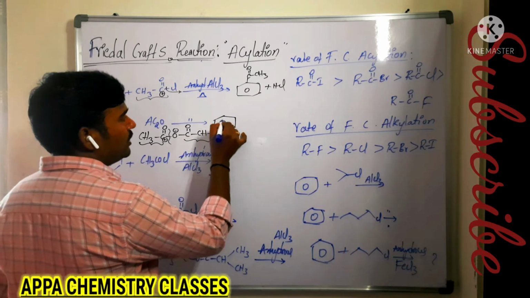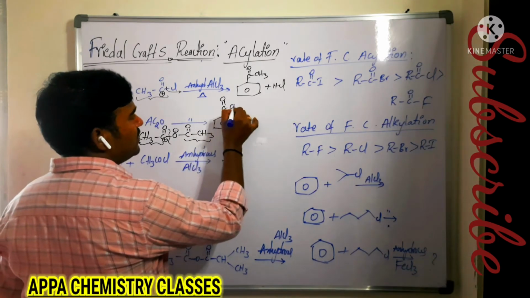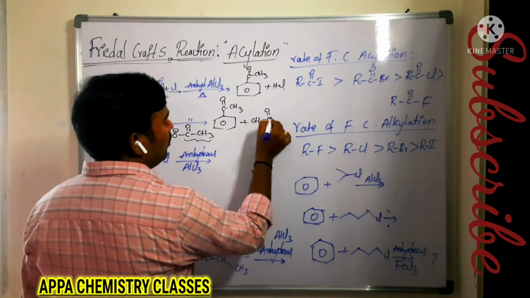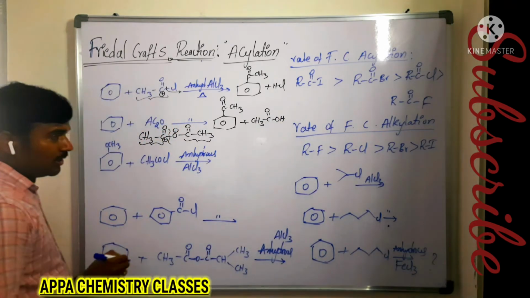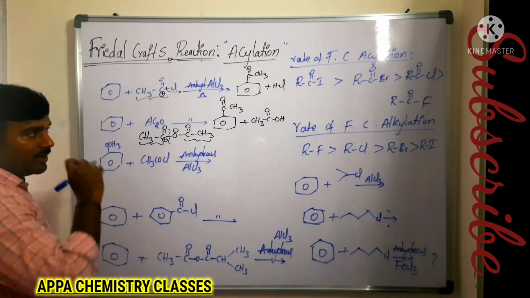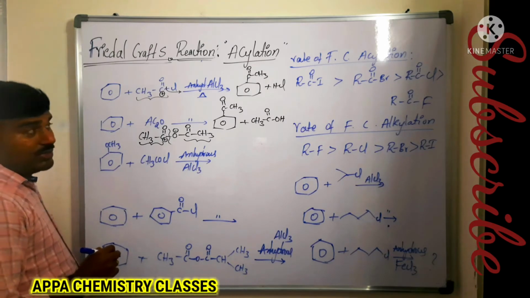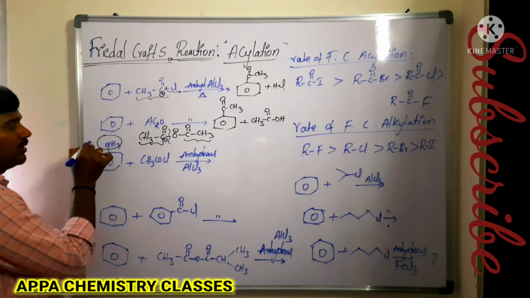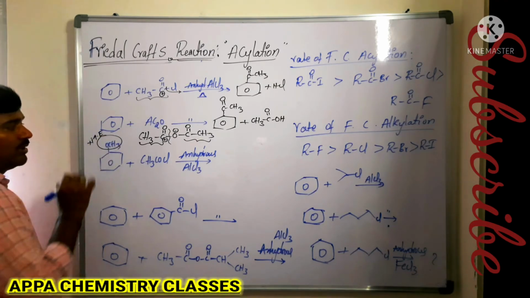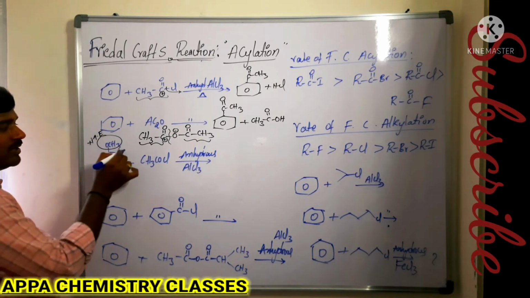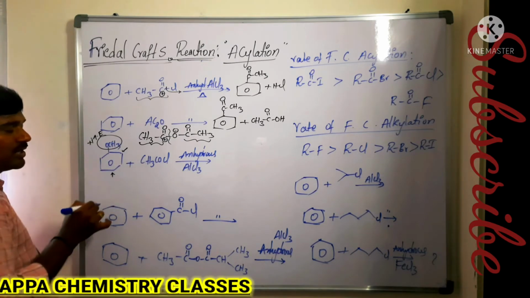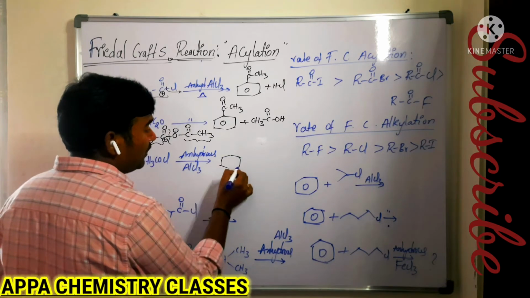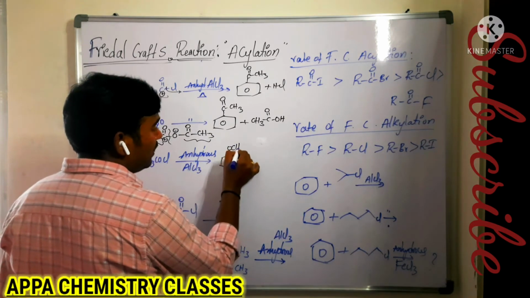Here what happens? We are going to get C=O CH3, plus we are getting CH3COOH. So that is acetic acid we are getting, plus acetyl benzene. Next, this is OCH3. It is a plus M group, a plus mesomeric effect group, which is an electron releasing group which increases electron density at ortho and para positions. Now the carbocation is preferably substituted at ortho and para positions.